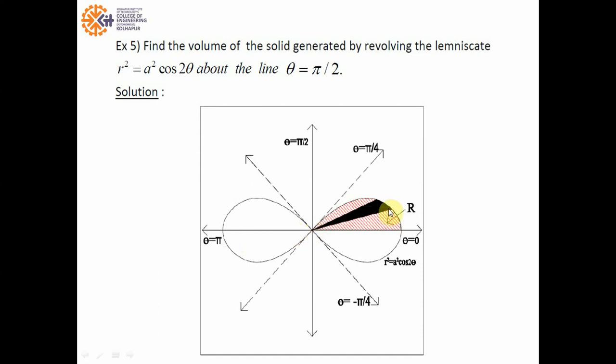The upper part of the strip is on the curve r square is equal to a square cos 2 theta. Finding the value of r, it is a into under root cos 2 theta, and we move this strip in the region of integration from the initial line to this point. So the value of theta varies from theta is equal to 0 to theta is equal to pi by 4,